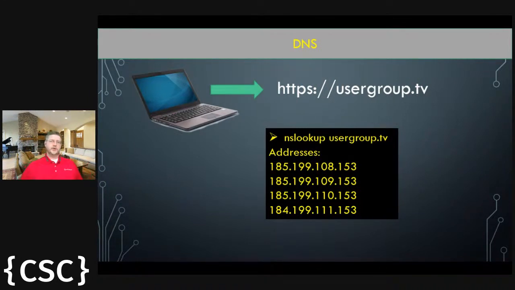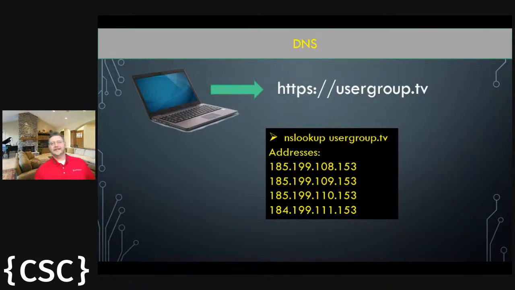But if I go to usergroup.tv and I do an NS lookup on that address, I actually get 4 addresses in return. And you notice that in the middle, we got 108, 109, 110, 111 as being the differences. So how his website is being hosted, they are providing 4 different public IP addresses for high availability.